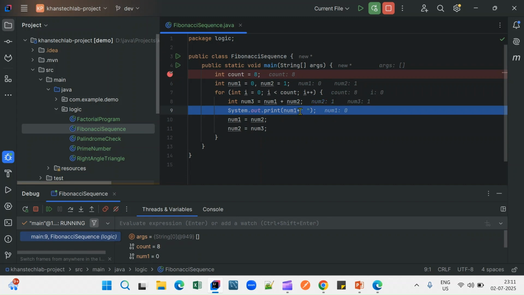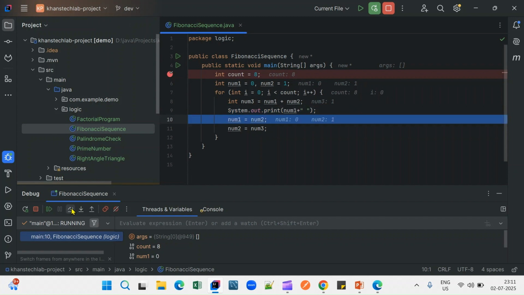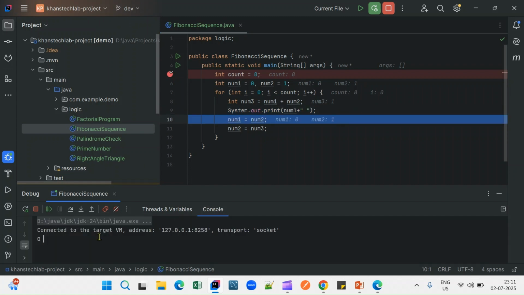But in the first loop, we will just print number 1 and it is 0. As you can see here, the first number is 0. And now we are swapping number 1 with number 2 and number 2 with number 3. So number 1 will become 1, which is number 2, and number 2 is also 1, which is number 3. So after swapping,